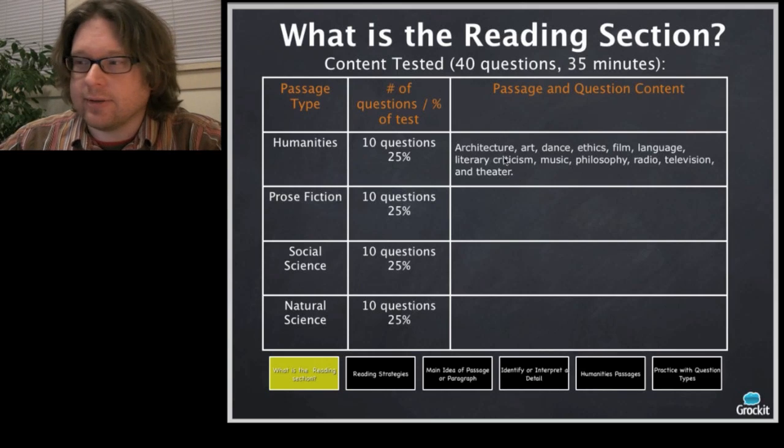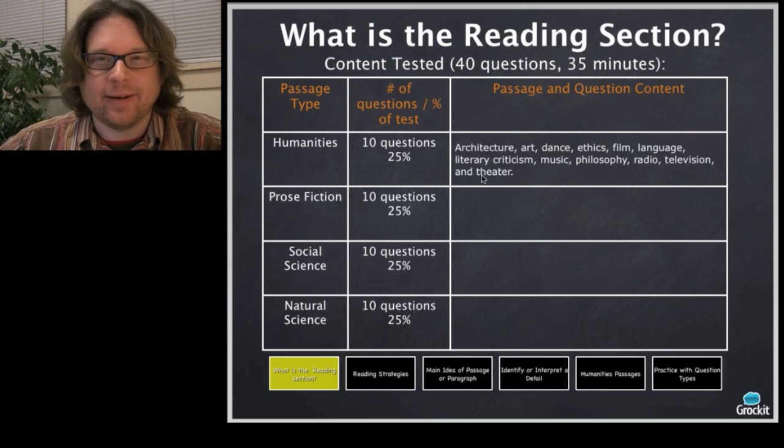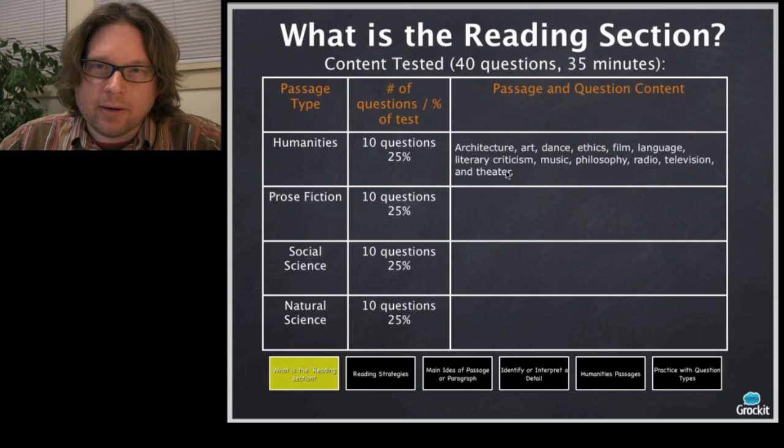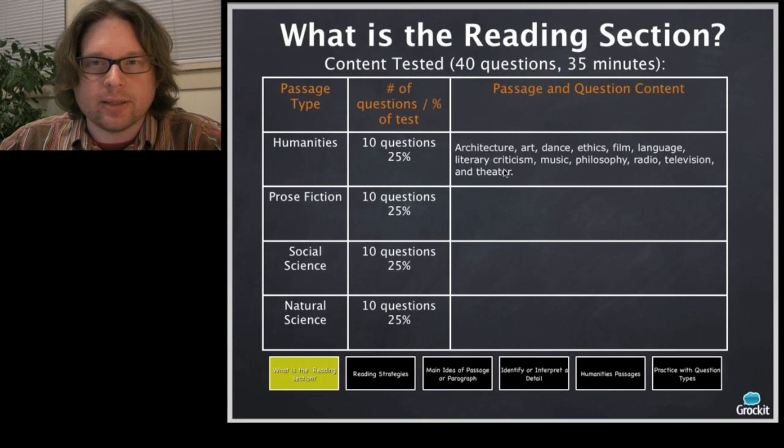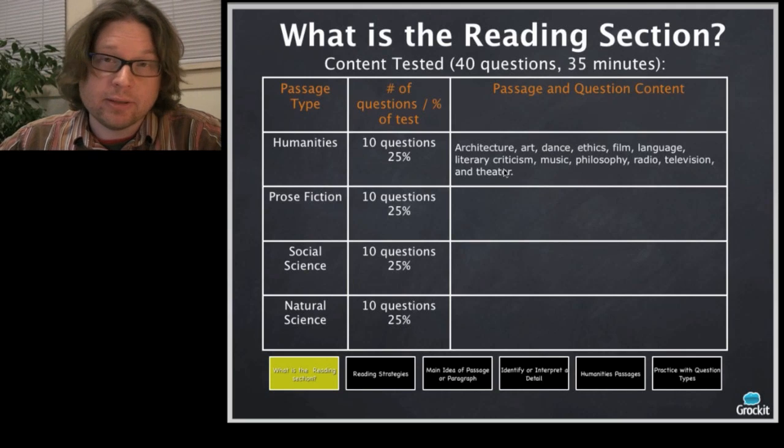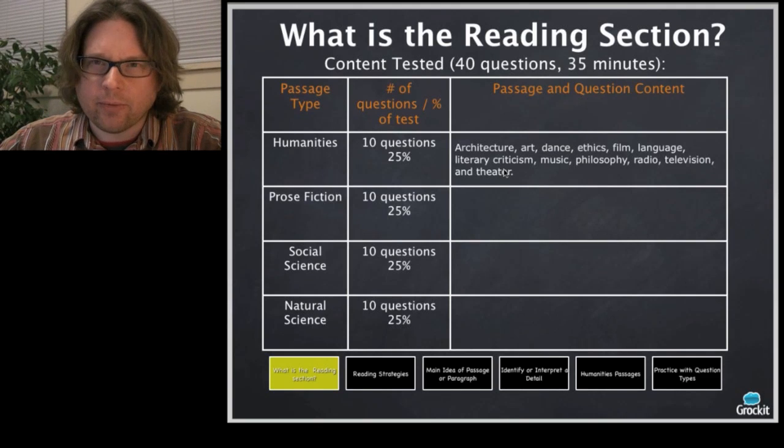I guess I should add that this is a pretty long list and we haven't even gotten to the other 4 yet. You clearly are not expected to go out and read about these topics. All of the passages are designed so that any question they'll ask you, the information is in the passage. If it happens to be something that you know something about, just from your own schoolwork or from your own interests, and